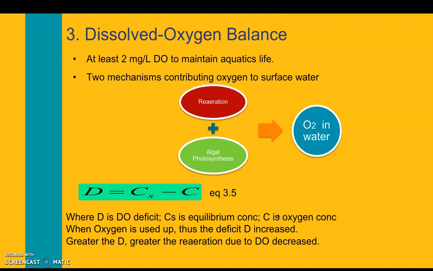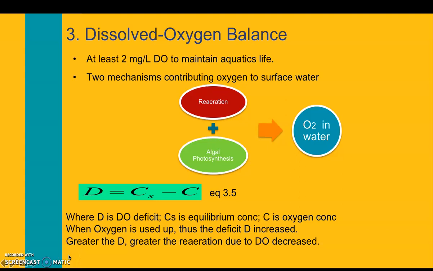Okay, as mentioned in the previous slide, dissolved oxygen is one of the most important constituents in natural water systems. So we need at least 2 to 5 milligrams of dissolved oxygen to maintain aquatic life. Okay, so in water,